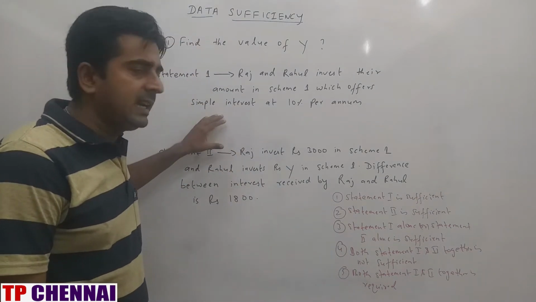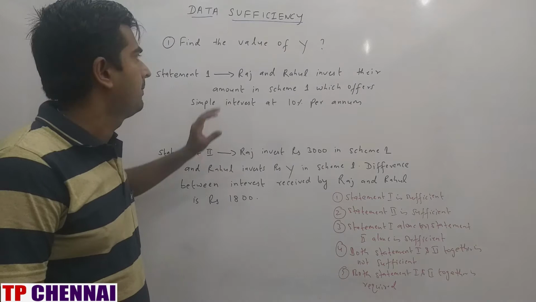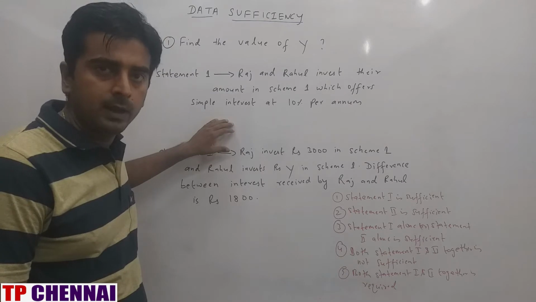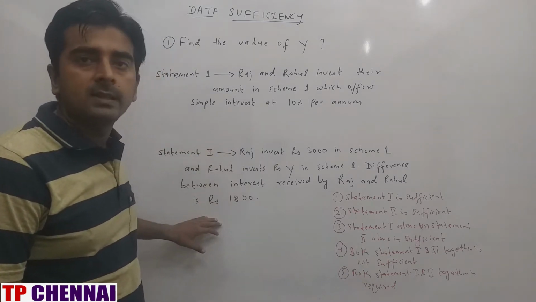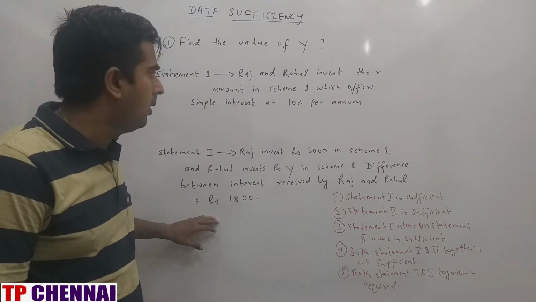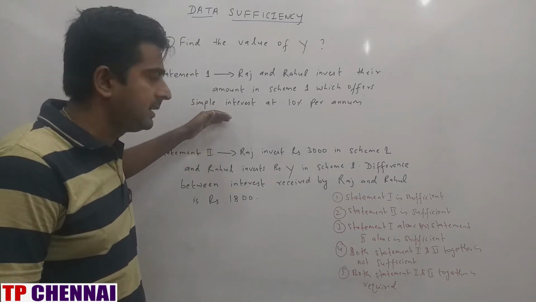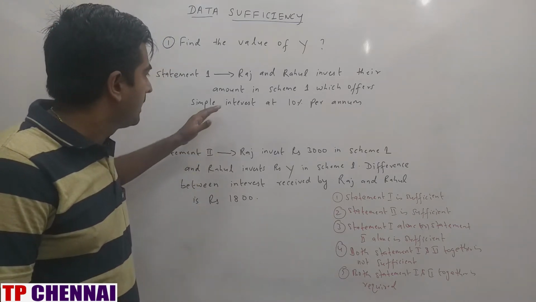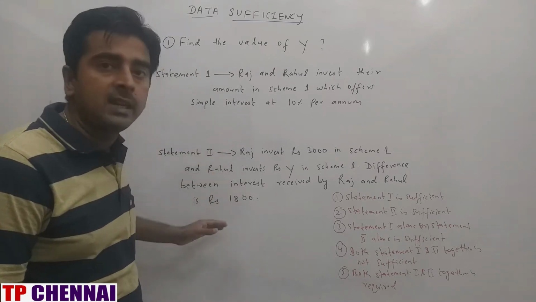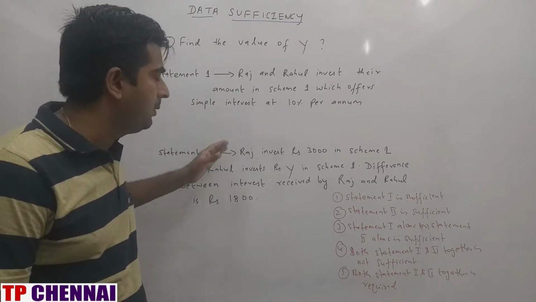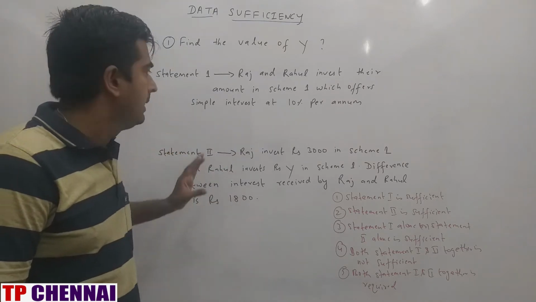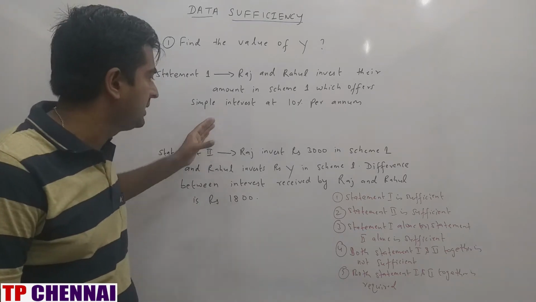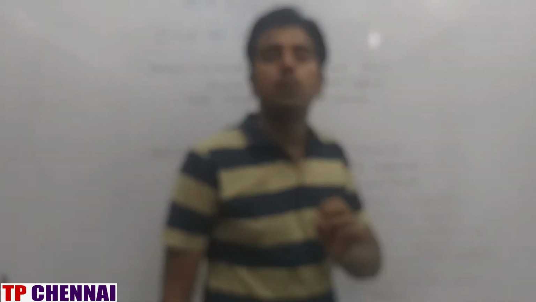That means statement 1 is given, statement 2 is given, from the question. So you need to see, can you get the answer from statement 1 alone, or from statement 2 alone, or from either statement alone, or by combining both statement 1 and 2. That means you need both statement 1 and 2 to answer the question, or statement 1 and 2 together is not sufficient. That means even if you merge both statement 1 and 2, you will not be able to get the answer.